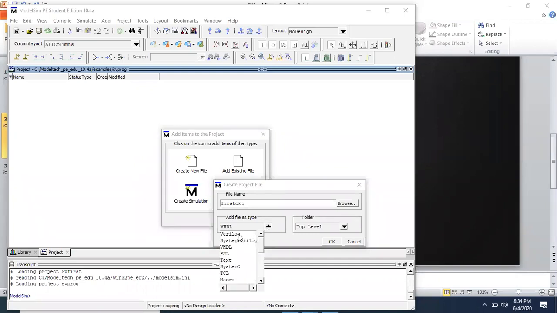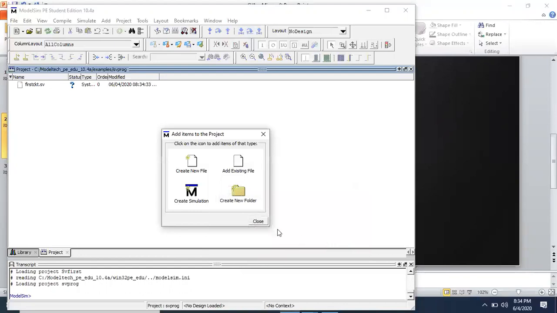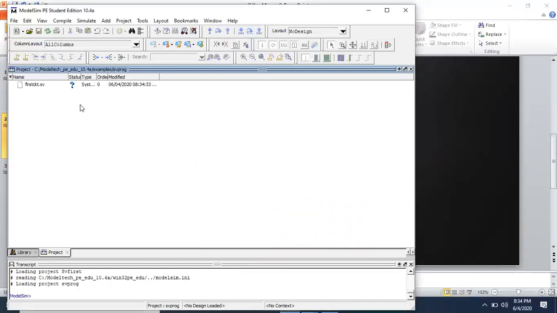Now there are multiple options here. Right now we are studying System Verilog, so click on System Verilog and then press OK. You can close this window. Once this file is created, the extension is .sv since we are studying System Verilog. So this file is created now, first circuit.sv.